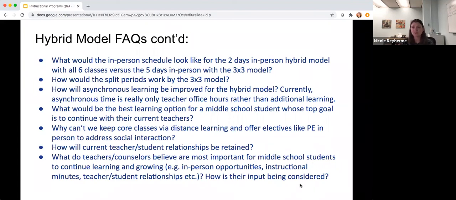And some of our students can build those relationships very well in distance learning on Zoom, hanging out with their friends virtually in those manners, and other of our students cannot. And that's why we really wanted to make sure we sent out this survey, because we can get a lot of this information before we hammer down the details of what we're going to provide or offer for our in-person learning starting November 30th.